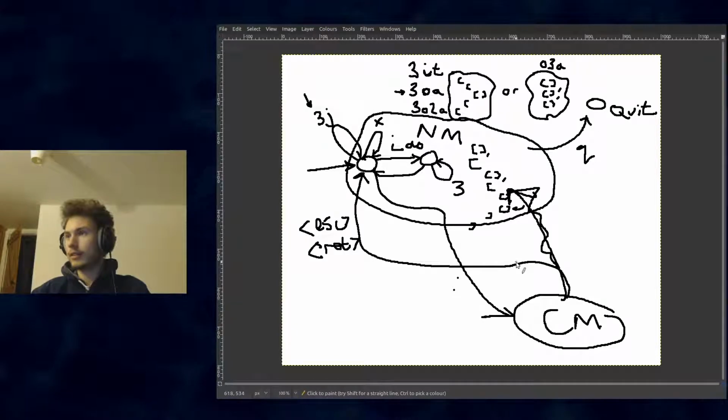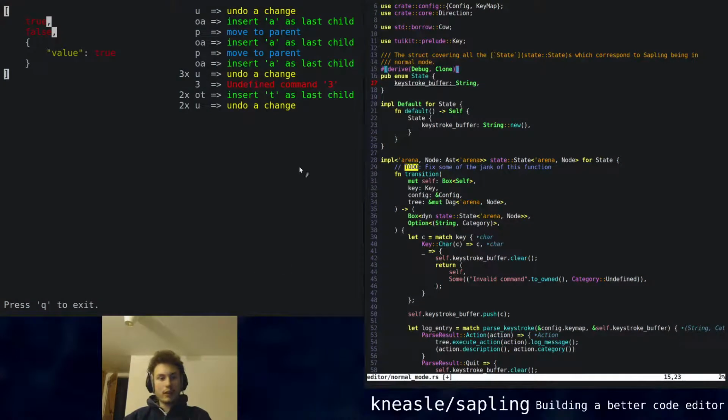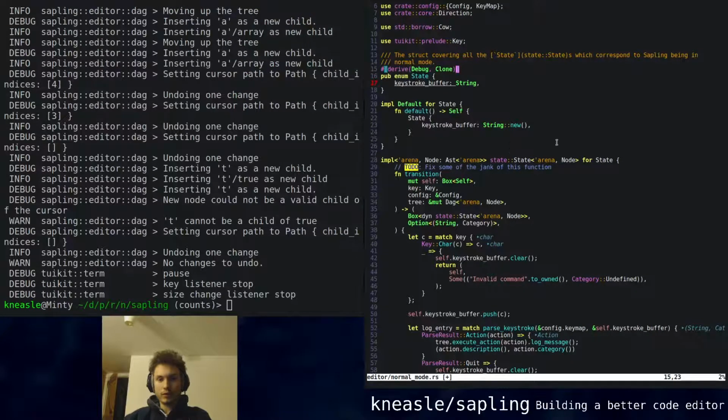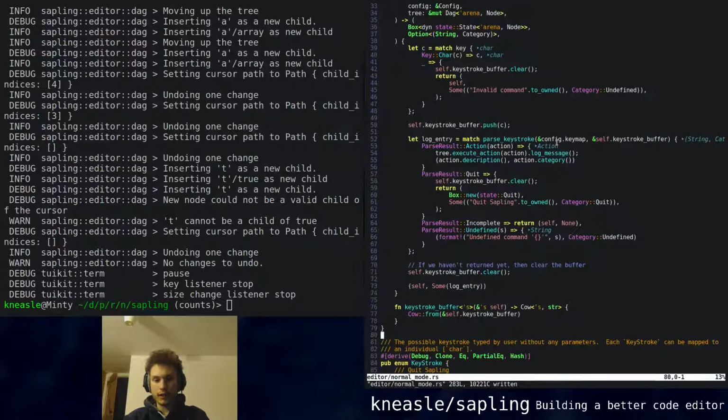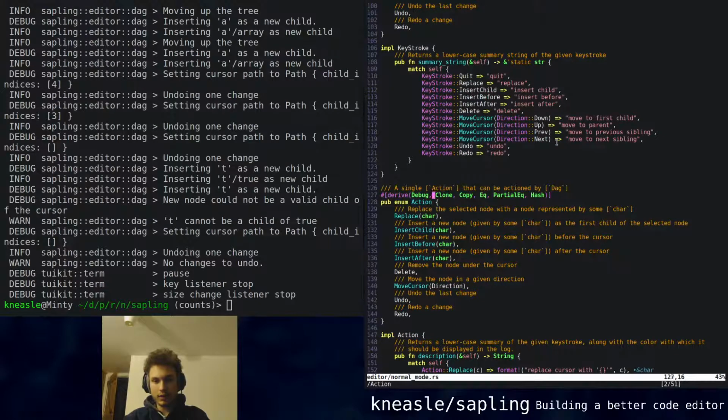I'll just zoom out so we get a nice overview at the end before switching. IDE view time. Okay, right. So to start with, let's just keep state as it is, because we do want a better system. Because at the moment the code can't specify. Where's action? Is it in here? It is. So at the moment, action is replace char, or it's insert child char, and this doesn't really work because